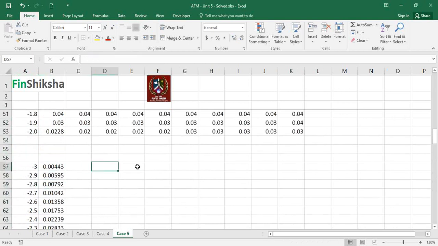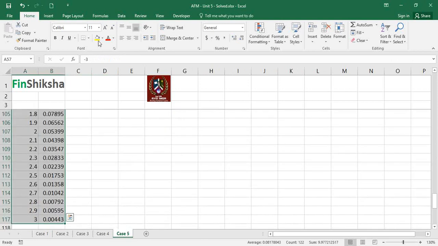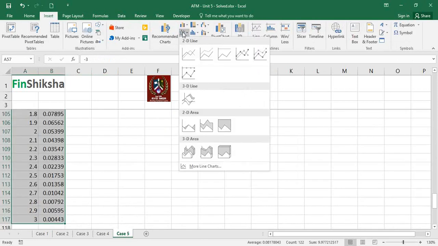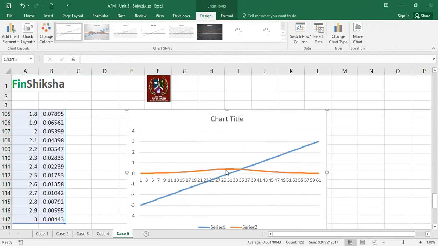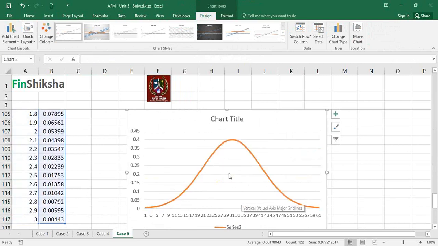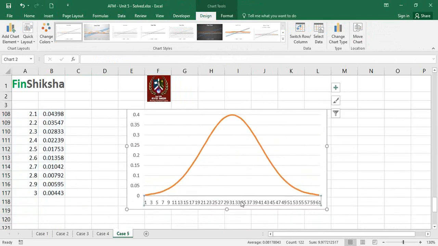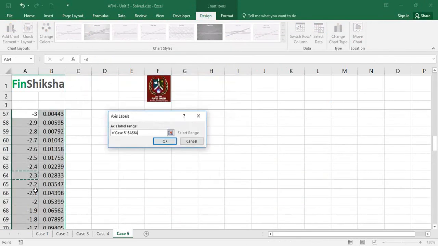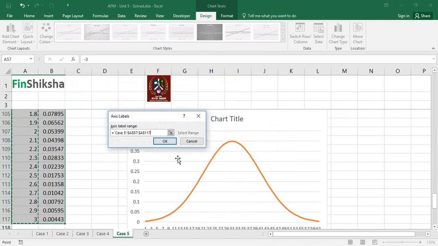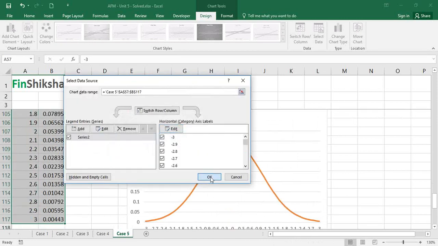So let's now understand how does this play out. Let's select this data and let's try and insert a chart, and we're going to insert a line chart. We are more concerned about this orange chart here. We're not concerned about the yellow or the blue one, because blue is the standard deviations. This blue should actually be on the x-axis. So I'm going to delete this, and what do we get straight away? We get the exact normal curve based on the probability density function. I can select the data. Horizontal axis has to be this set of data, and I can freeze it, and I can click OK.